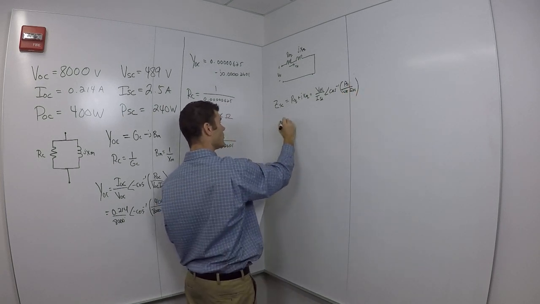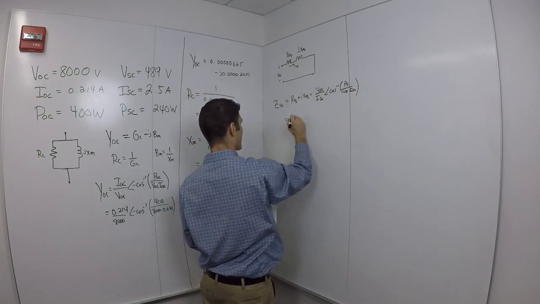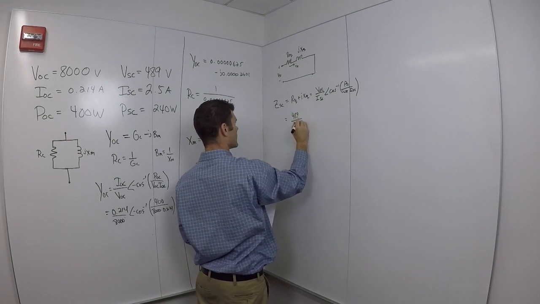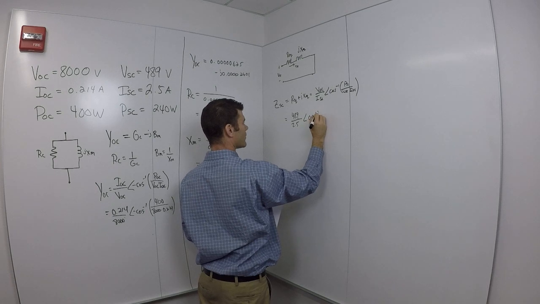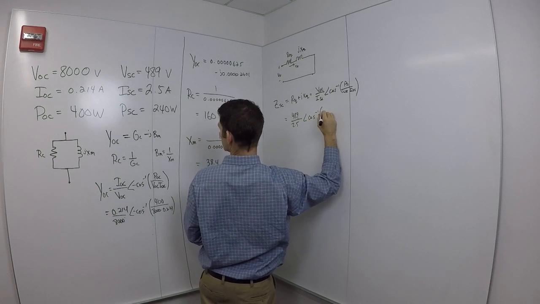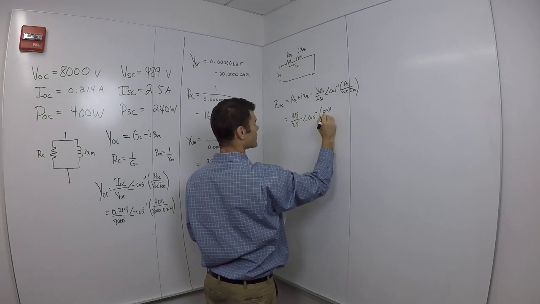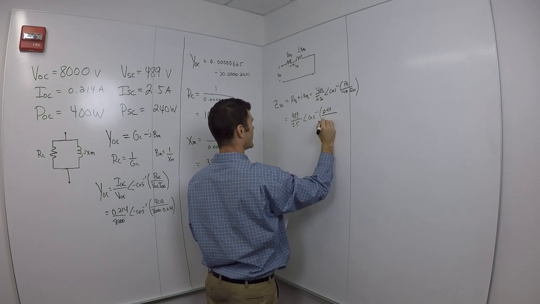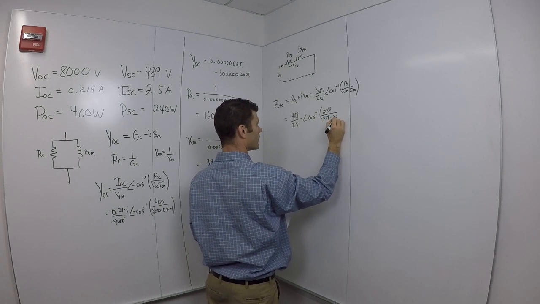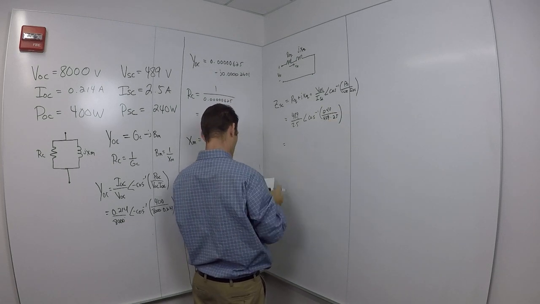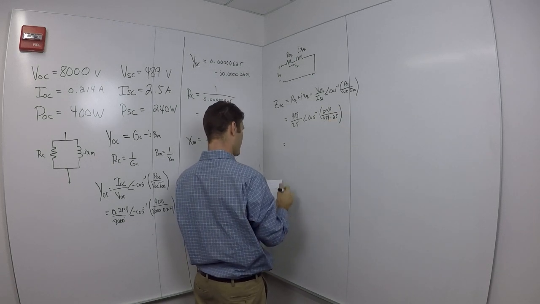Okay? And when we do that, we get 489 volts divided by 2.5 amps, cosine inverse of 240 watts divided by 489 times 2.5. And using that, we get